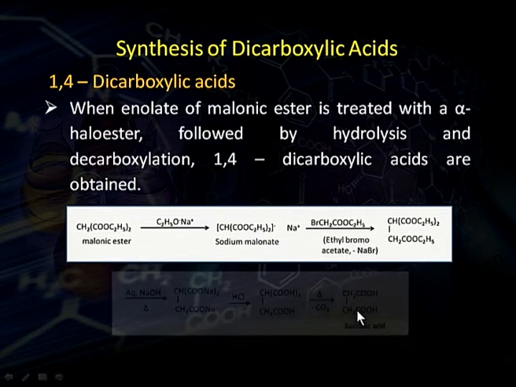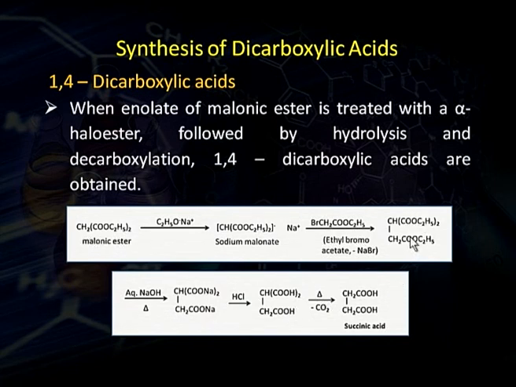It is converted into triester, and this triester upon hydrolysis with sodium hydroxide produces sodium salt of this dicarboxylate and again sodium salt of carboxylic acid, and upon acidification it produces triacid,